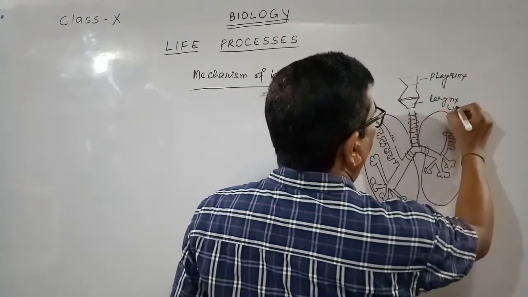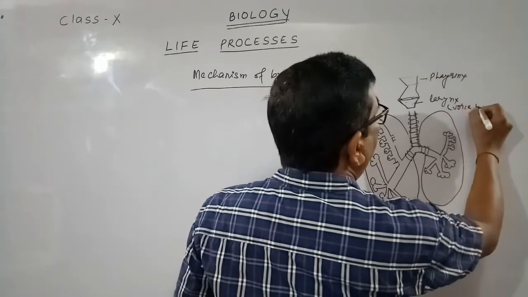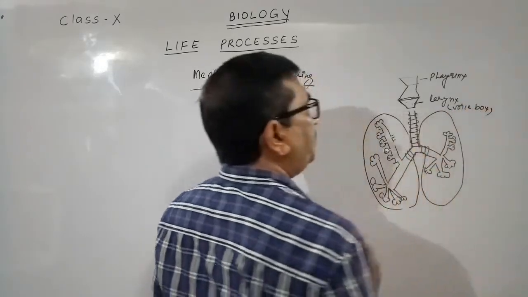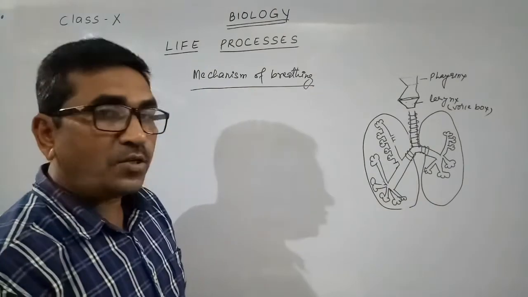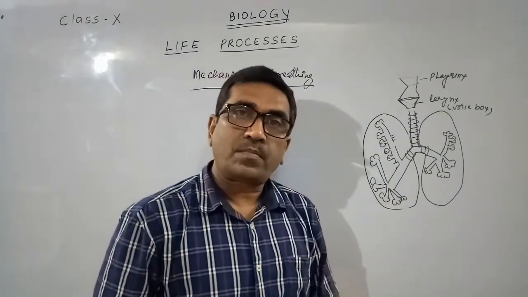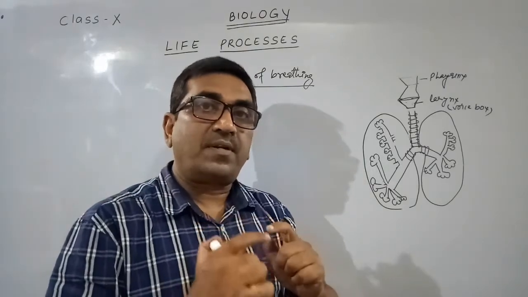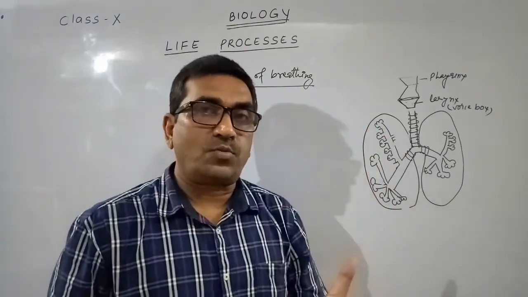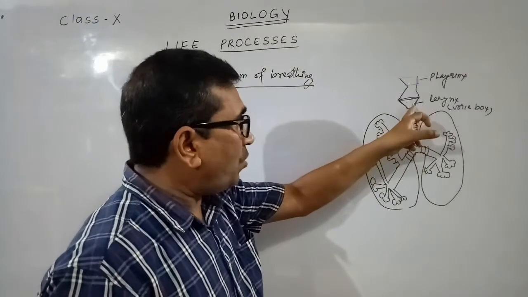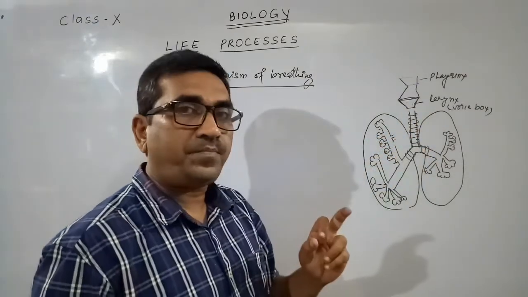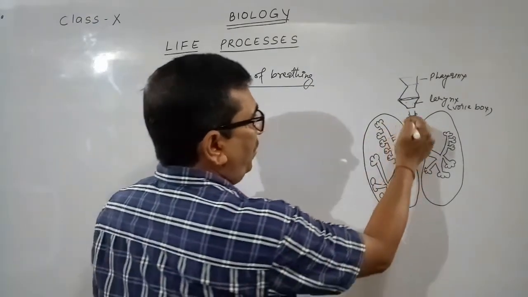This is the larynx, or we can say the voice box. Here there is also a membrane which produces the sound. Now it is the windpipe. The diameter of this windpipe